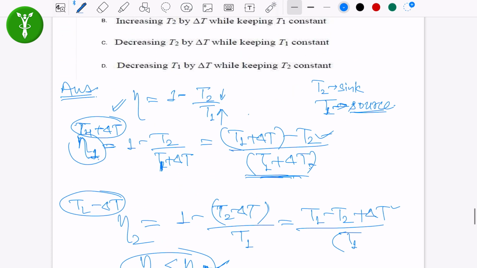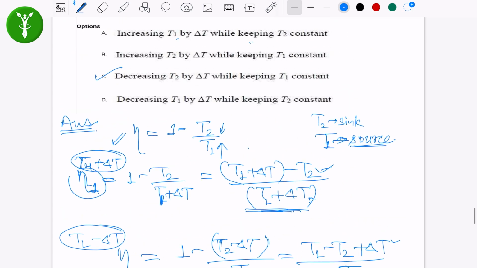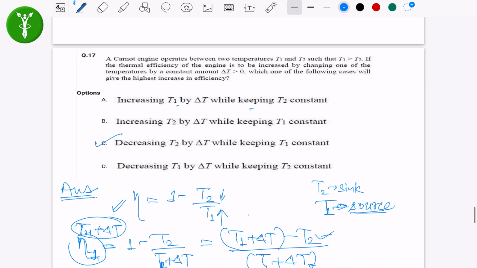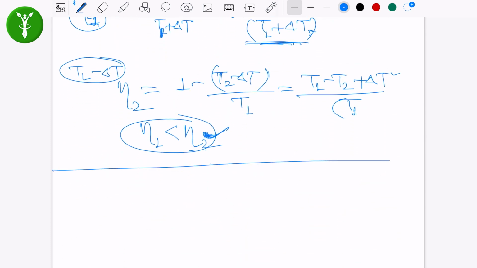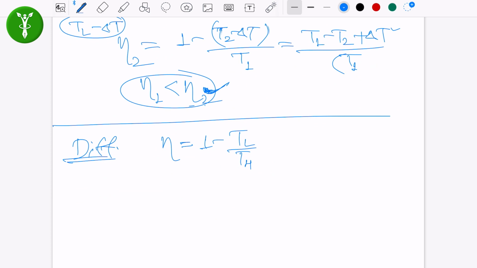So there is another approach also. We have got our answer: decreasing T2 by delta T while keeping T1 constant. But whenever it is asked which way it will be most, we can go for differentiation. So efficiency is equal to 1 minus TL by TH, right? If I differentiate the efficiency